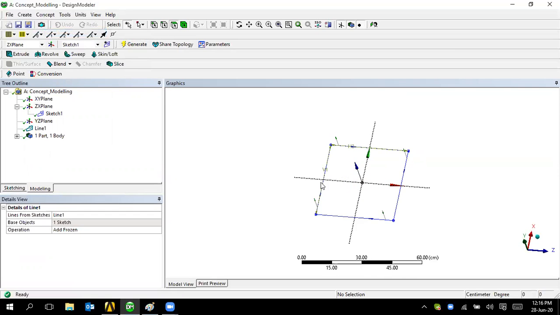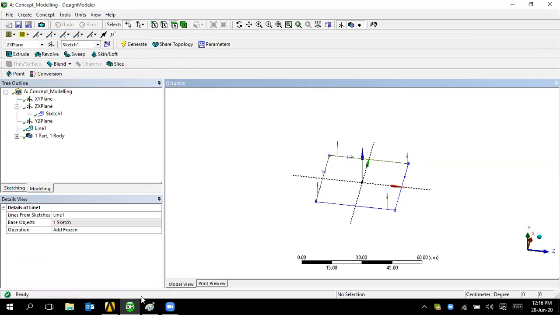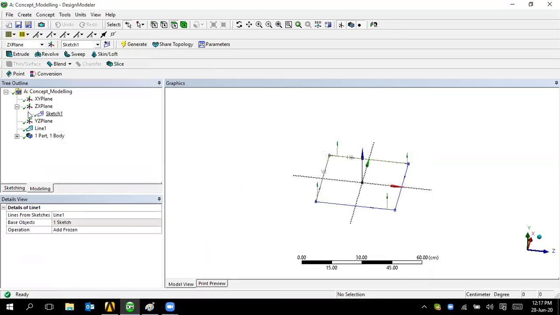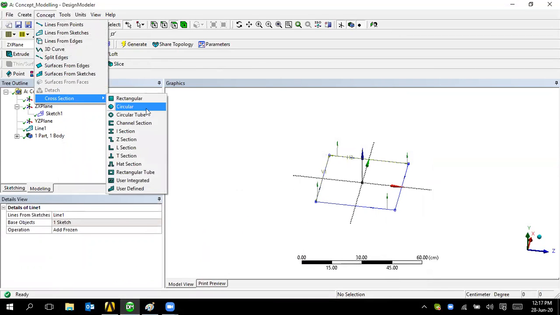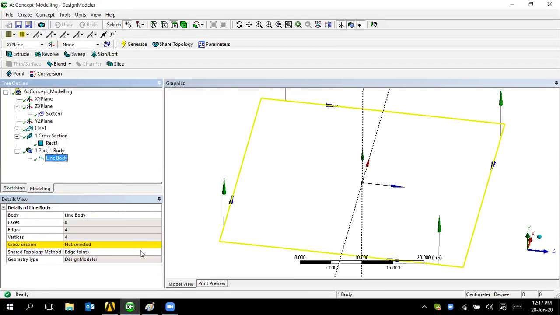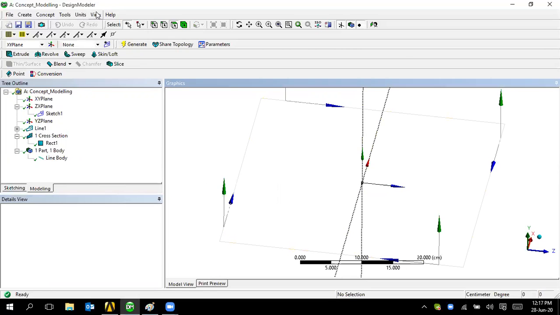Now I'm going to patch a cross section for the top, also 0.5 cross 0.5. So concept, cross section, 0.5 cross 0.5. View cross section solid, just 0.5 cross 0.5.